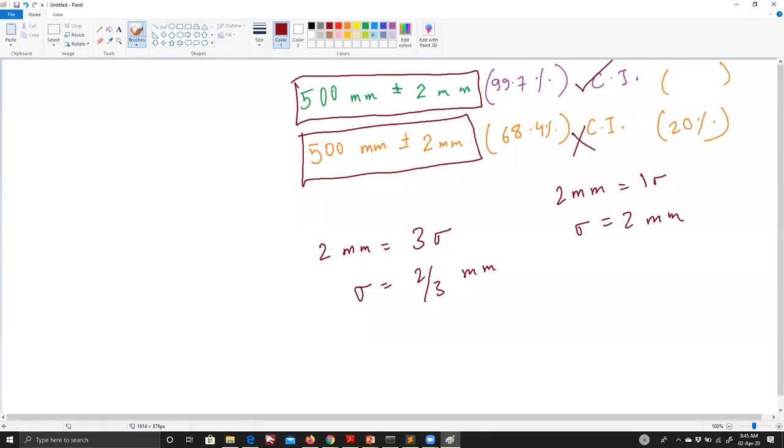But because general people do not understand CI or confidence interval, they are easily taken for a ride. They just check these values and they think 100% of the examples or samples would be exactly in this range. And this is the truth. No, they are not. Did you get this idea? What I'm trying to flout here? Yes. Okay. Anyone has any doubt, you can ask me.